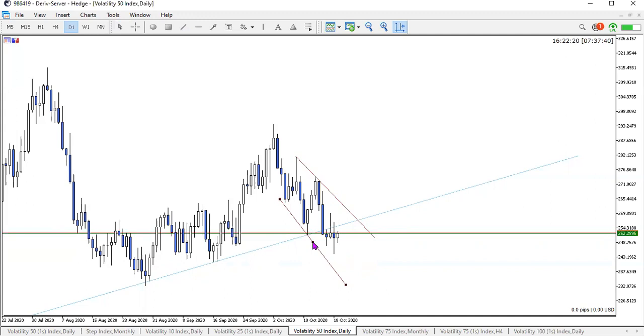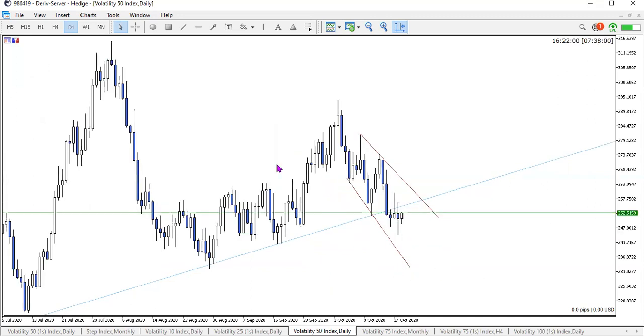So we'll be anticipating seeing this channel basically play out a bit more before we see price sort of turn around and go in the opposite direction. So I'll be expecting perhaps another touch on the upper trend line, or perhaps even pushing back down, because we've already got our second touch on here. So pushing back down to around this area in here. That would be a really good target for any sells as well, because we've got it tying in with around this area. So that is my outlook on volatility 50, right?